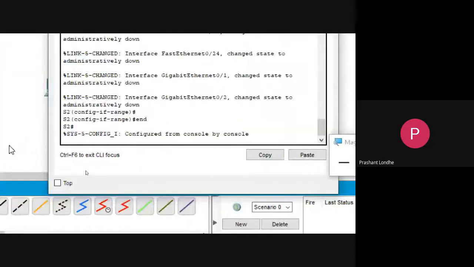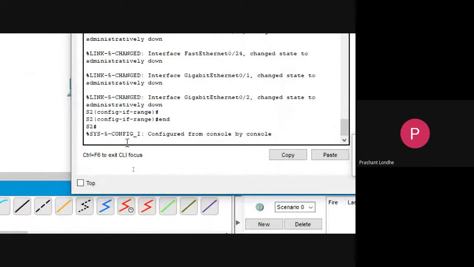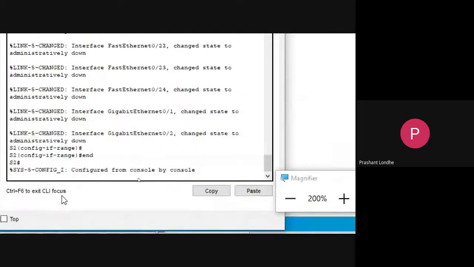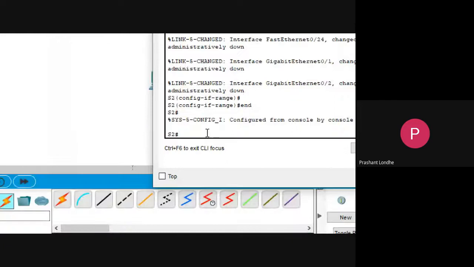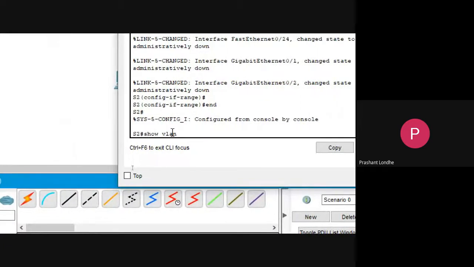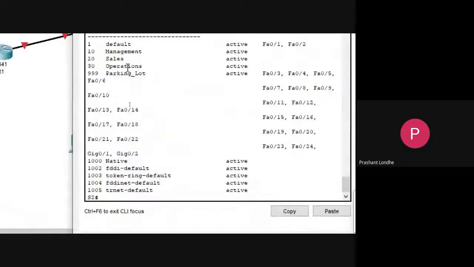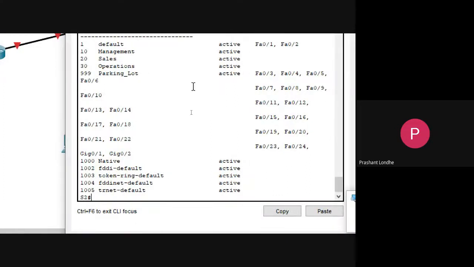End. Okay, so we can see the status over here. Show VLAN brief. You can see we have assigned all the ports to 999.